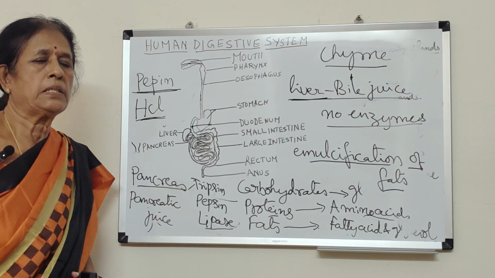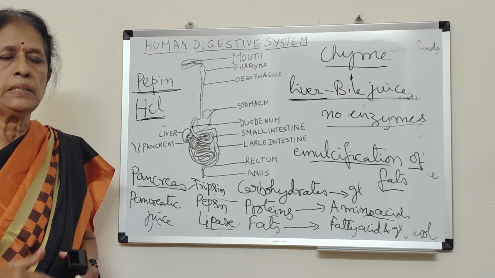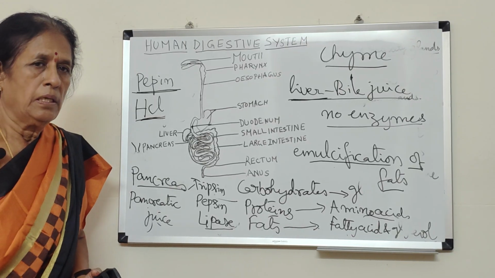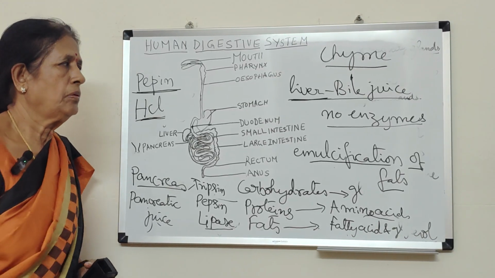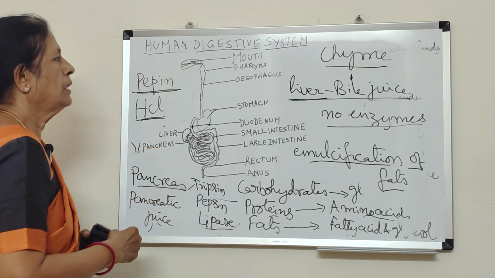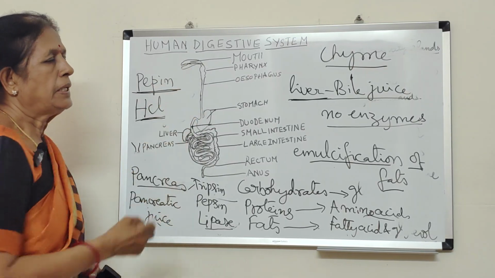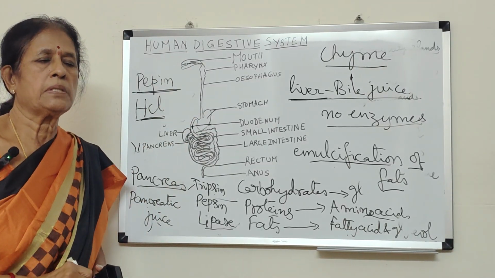In the previous class we have seen how the food material gets digested in the mouth. The digestion process includes ingestion, digestion and egestion. Ingestion means taking in of food. The food will enter the mouth, and in the mouth the teeth are present, the tongue is present, and